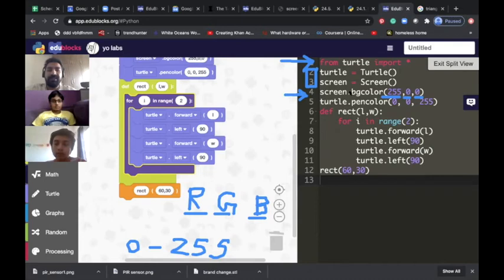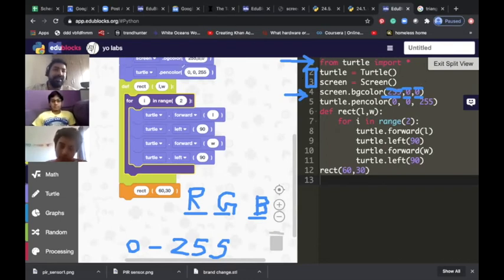So there is first, second, and third. Which one should I make 0 and which one should I make 255 so I get blue? There is first, should I change this? No. There is second, should I change this? No. There is third, should I change this? Yes. So should I put it 255?